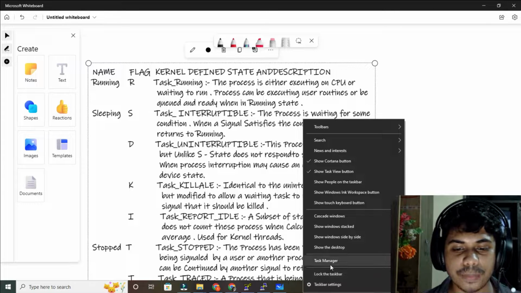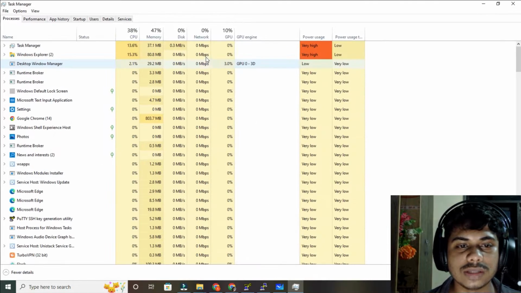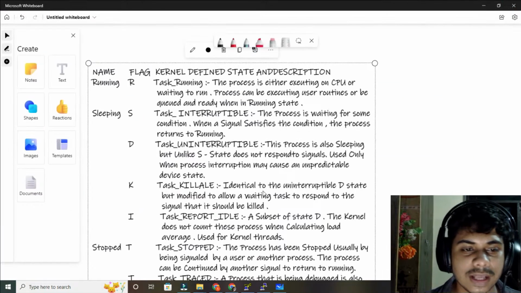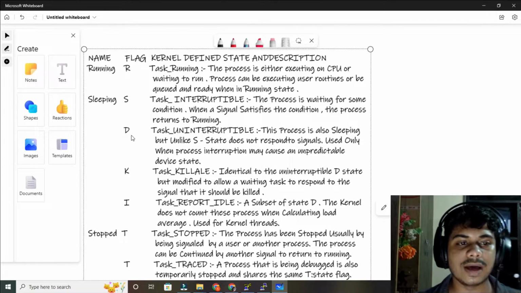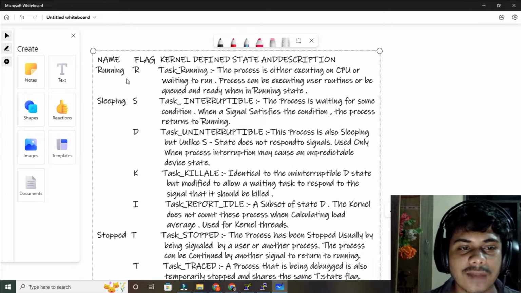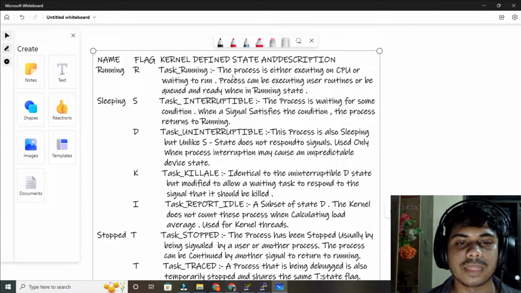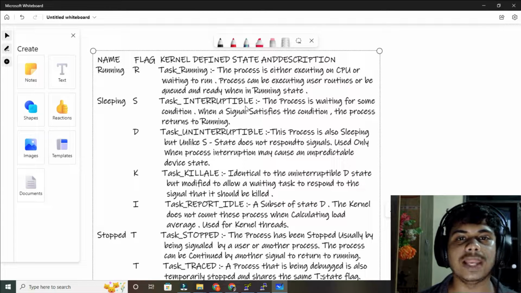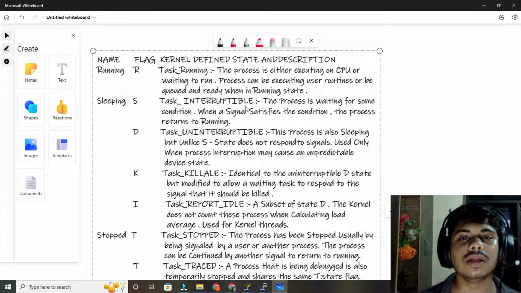Also you can open your task manager, and you can see the states there as well. You can see here the stop, running, stop. But in Linux there are 4 states: running, sleeping, stopped, and zombie. Now it's time to talk about the flag which is R. The process is either executing on CPU or waiting to run. This R flag is shown by Linux when the process is in the running state or waiting for its turn to